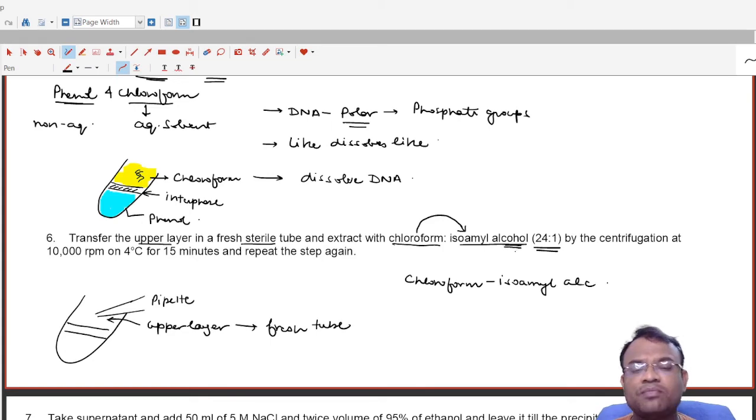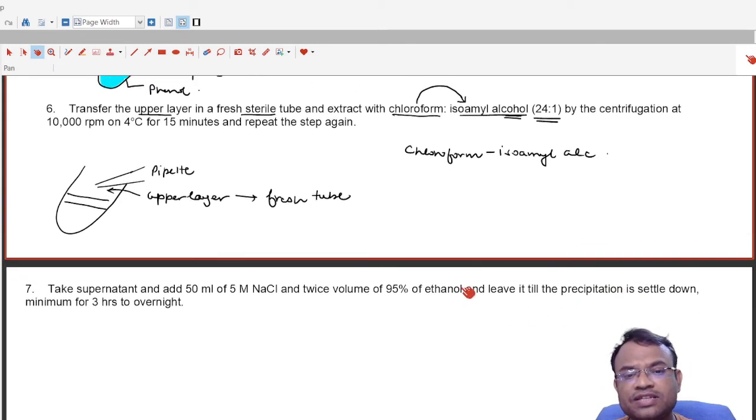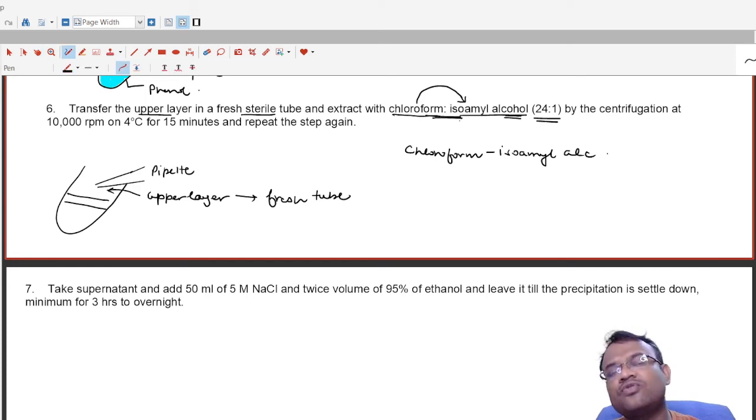This is an alcohol because you are preparing for the next step, because in the next step there is 95% ethanol that we are going to treat our DNA with. So the supernatant that was obtained from the chloroform isoamyl alcohol centrifugation step, you have to repeat this step also. After this step, you have to take the supernatant